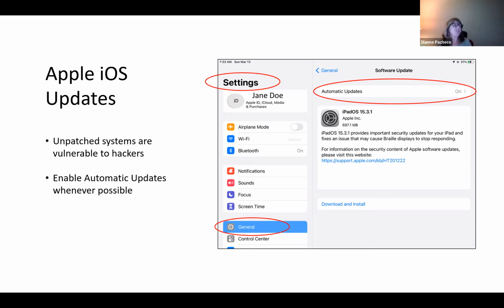which is why you get those reminders so frequently. Update, update, update. It's really important. This is one of the most important things that you can do to be secure, both with your phone and your computer, is to keep your operating system up to date.